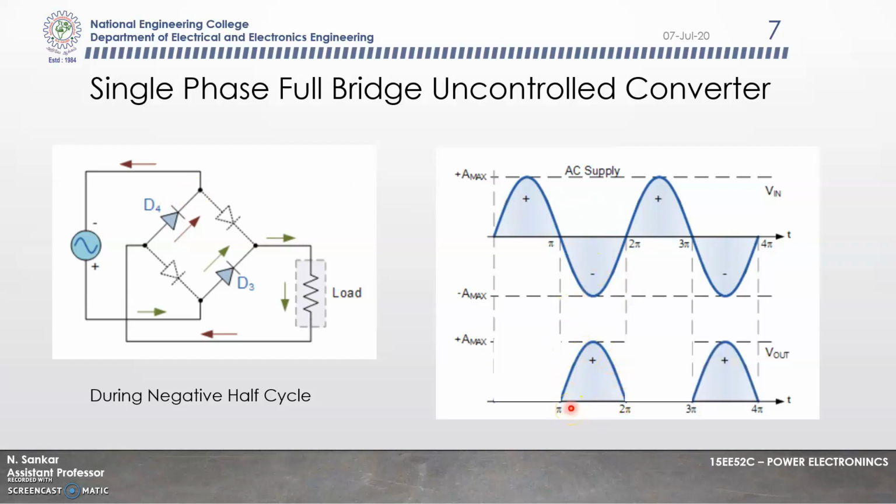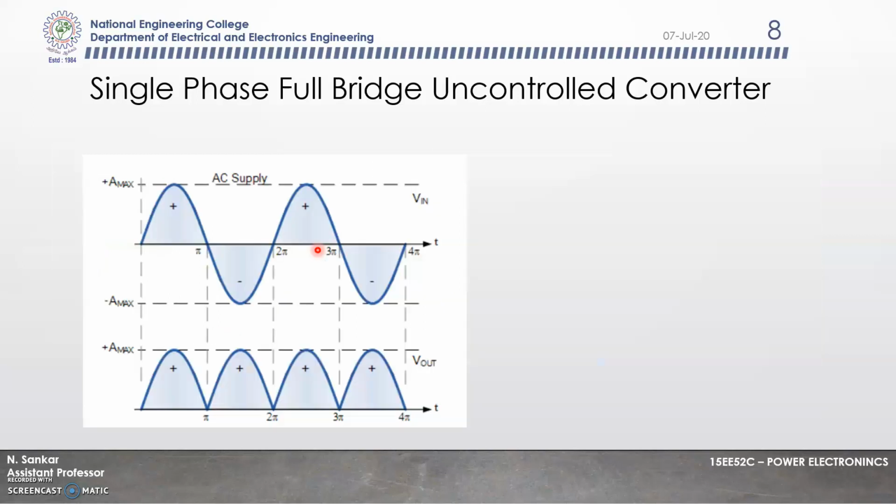Why are we getting positive voltage for the negative half cycle? If you see the current direction, it will be from this side to this side. So the direction is always positive even though the input is negative. That is why an uncontrolled bridge rectifier is called a unidirectional rectifier. The direction of current will always be in a single direction. So the resultant output for both the positive half cycle and negative half cycle will be like this, a pulsating unidirectional DC output.